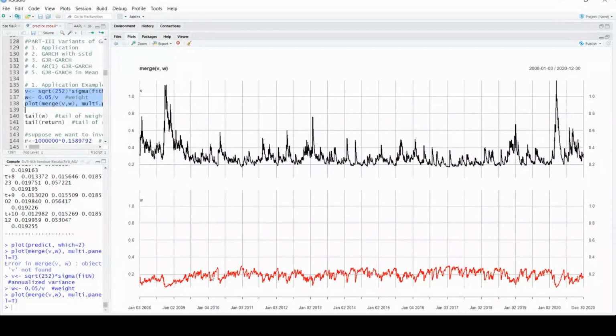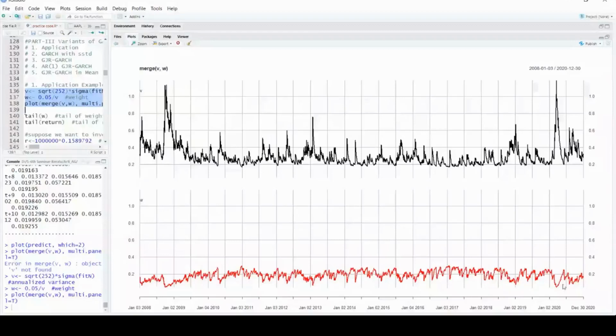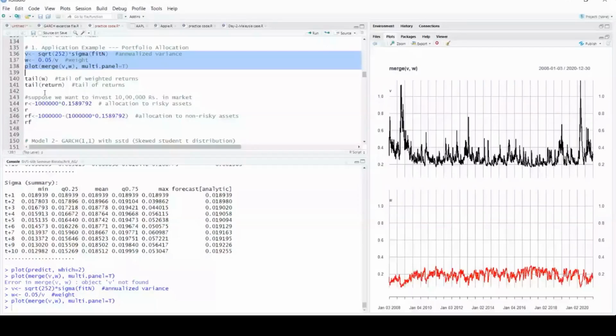Are you getting my point? Let's say in 2020 near January, December, my volatility is very high. I want to assign less weight to that particular asset during this period. That is how I assign weight to the assets in a portfolio based upon my prediction and observations. Okay, so if I have such a phenomenon, what I can do is see, after assigning the weight, what my volatility value is. So my volatility value somewhere in December 2020 is 15%.